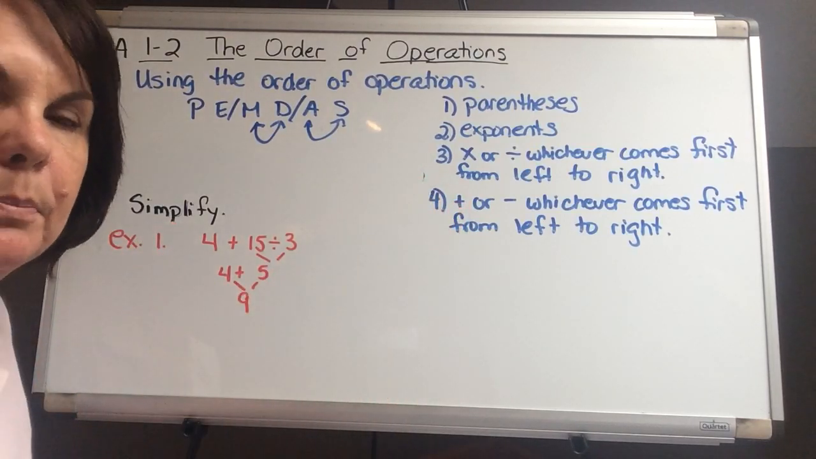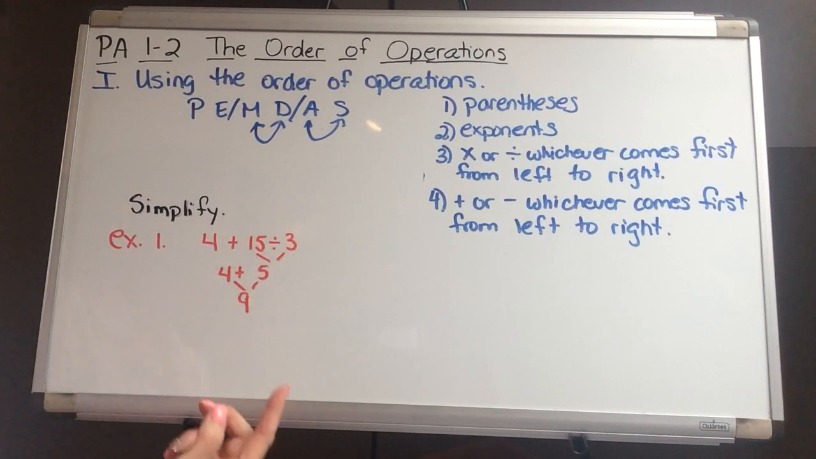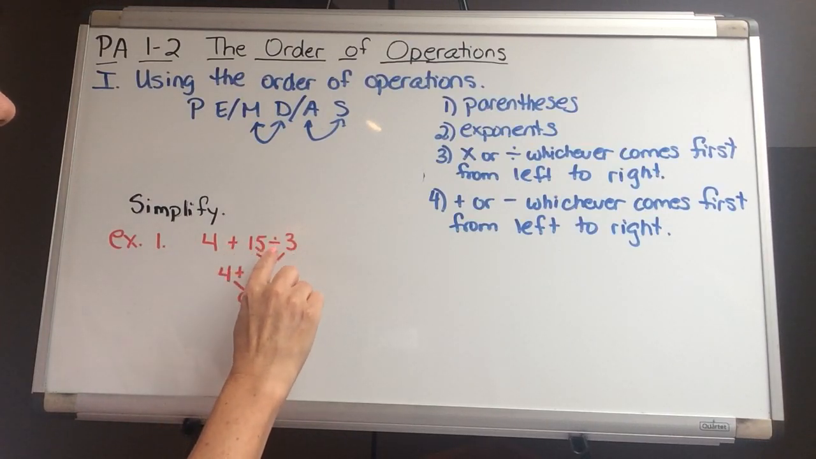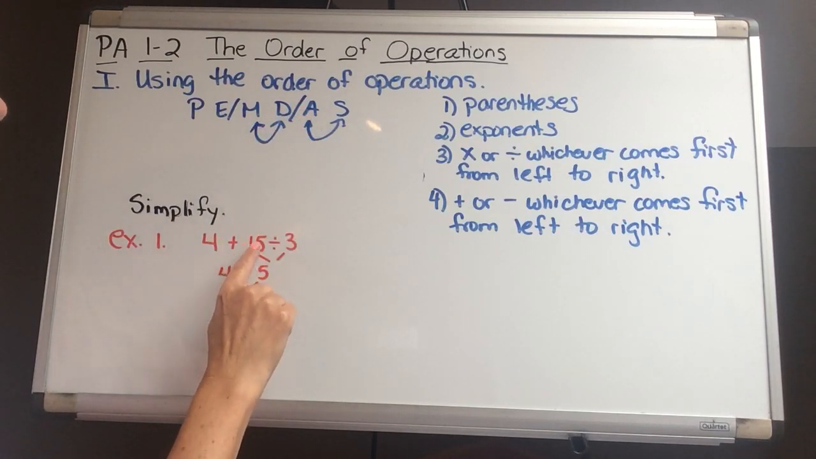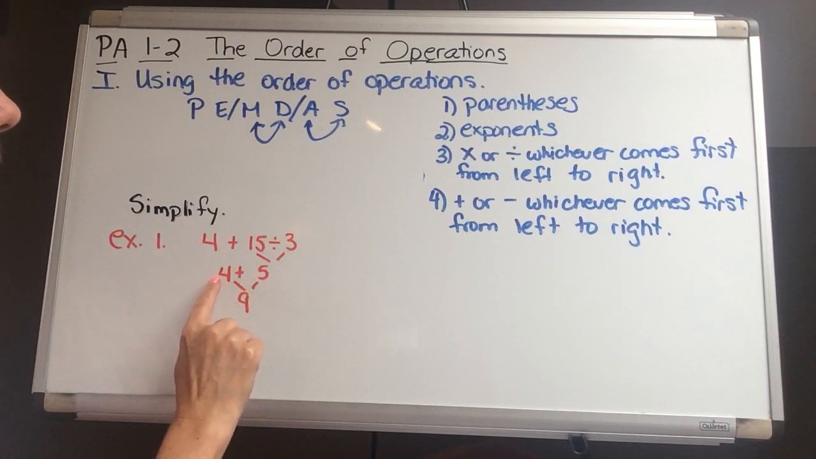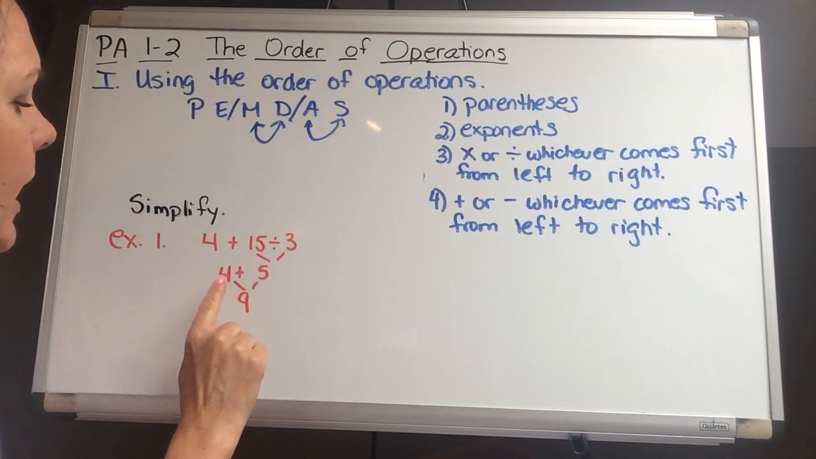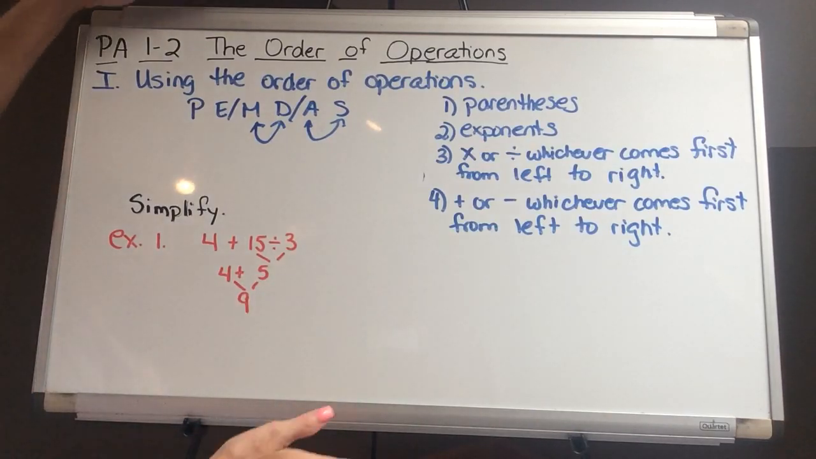The direction is simplify. 4 plus 15 divided by 3. Well, I have addition and I have division. Division comes before addition, so 15 divided by 3 is 5. And then bring down the 4, do only one operation at a time, and then 4 plus 5 is 9. All right,